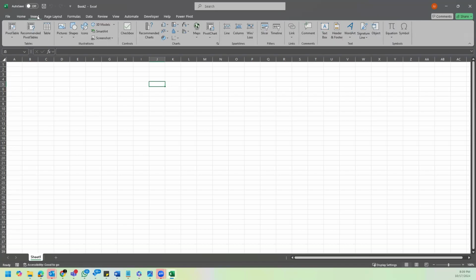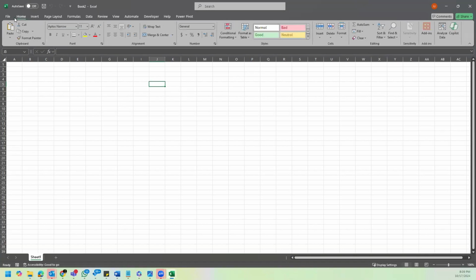so these are called tabs at the top of your screen. We have the Home tab, where you have different features. Let's just run through. Cut, paste. If you copy an item and you want to paste it, paste, cut, copy, format painter. I will get to use most of these. These are clipboard tools. These are font tools. If you want to format